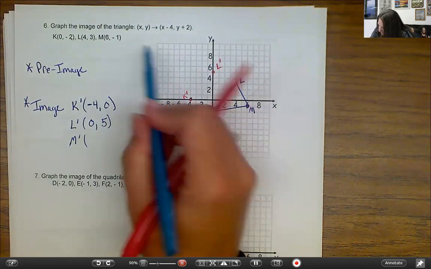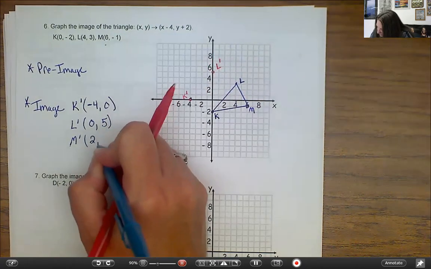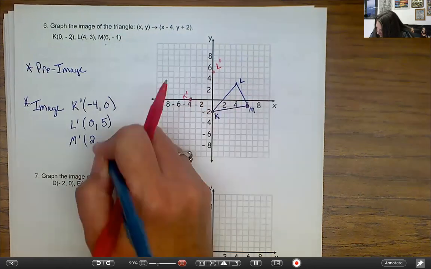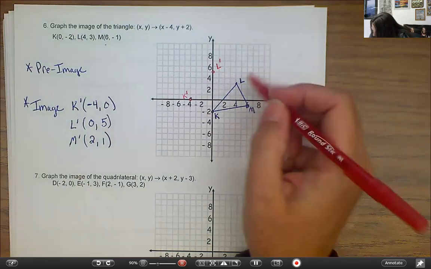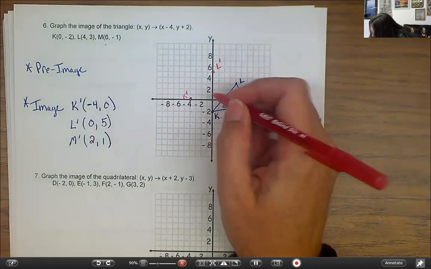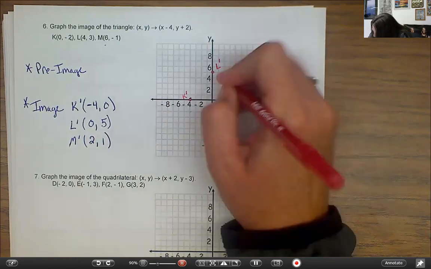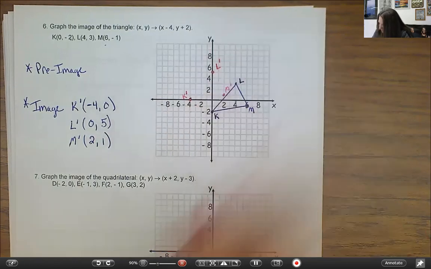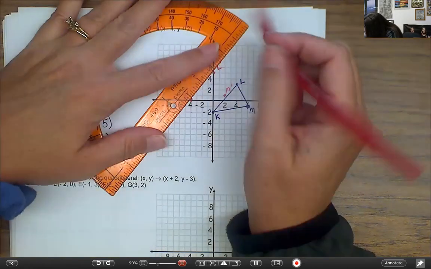And then M prime started at (6, -1), so 6 minus 4 would be 2, and then -1 plus 2 would be 1. So M prime should be located at (2, 1), which would place it right here with the M prime. Now, if I were to connect these,